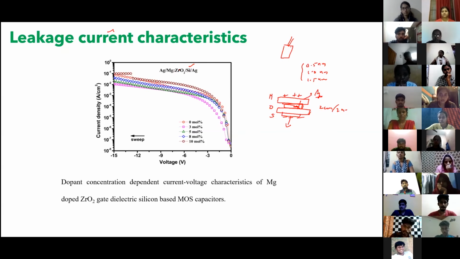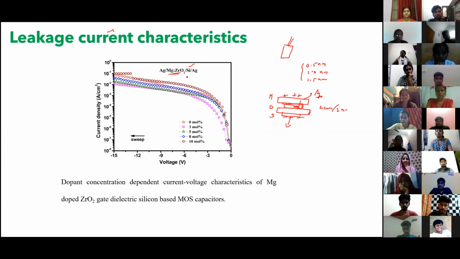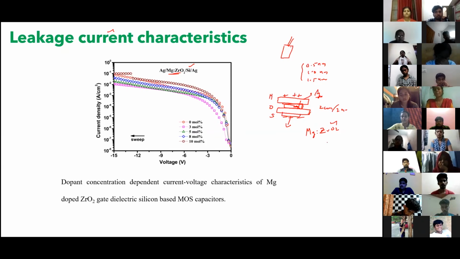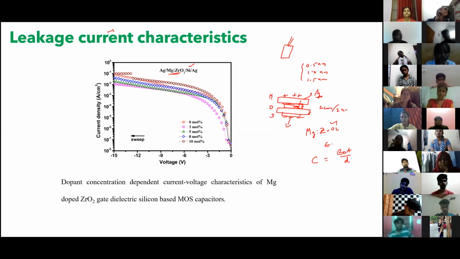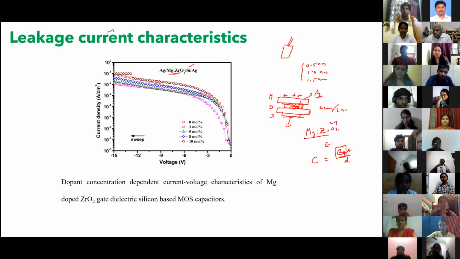And in between them, you see the dielectric material. What we have used is Mg-doped zirconium oxide. Zirconium oxide is a material which has a high dielectric constant epsilon. You might still remember capacitance is equal to epsilon naught A by d. Epsilon is the dielectric constant of the material here. So I'm looking for a material with a high dielectric constant. One such material is zirconium oxide, but we wanted to use the zirconium oxide in a particular crystalline phase. So we doped it and made that into a